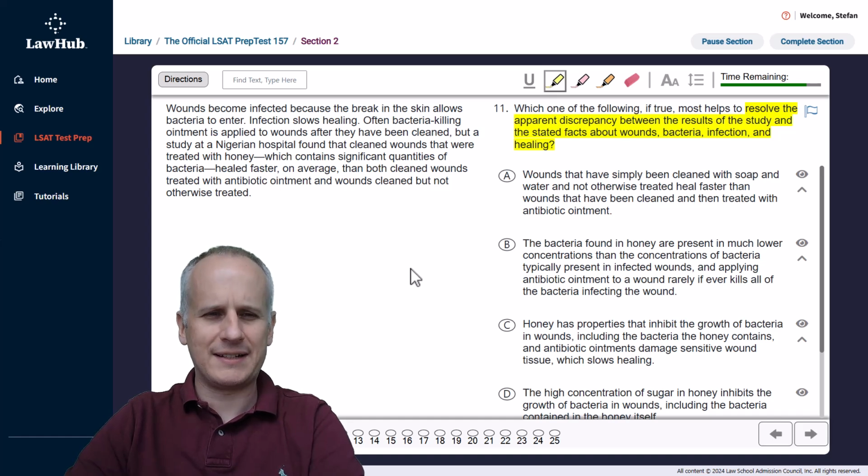So, starting at the top, wounds become infected because the break in the skin allows bacteria to enter. Infection slows healing. Often, bacteria killing ointment is applied to wounds after they have been cleaned. But a study at a Nigerian hospital found that cleaned wounds that were treated with honey, which contains significant quantities of bacteria, healed faster on average than both cleaned wounds treated with antibiotic ointment and wounds cleaned but not otherwise treated. So, the results from the study come at the end here, and we're going to highlight them in full